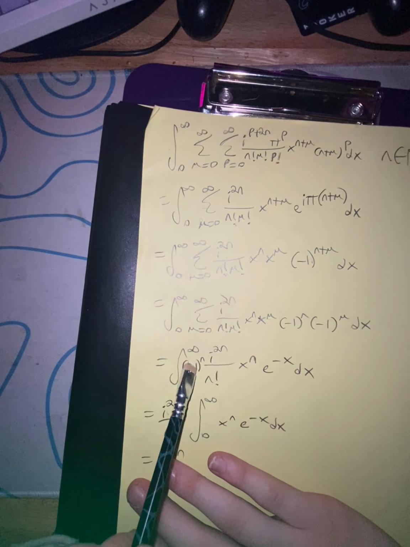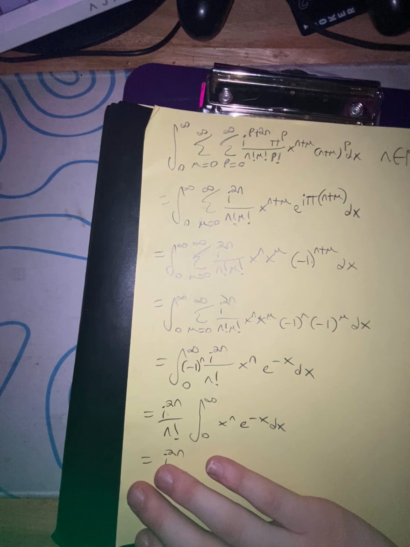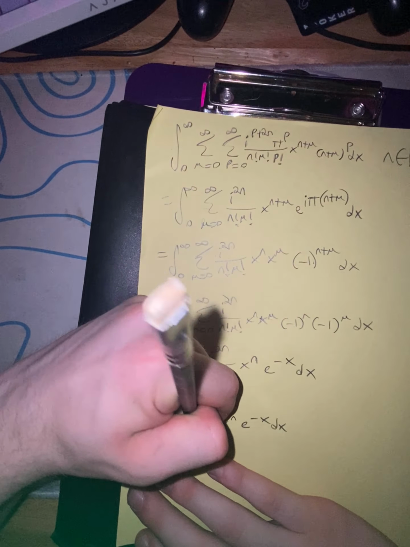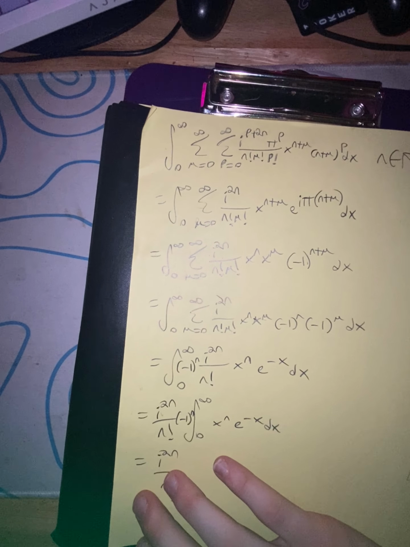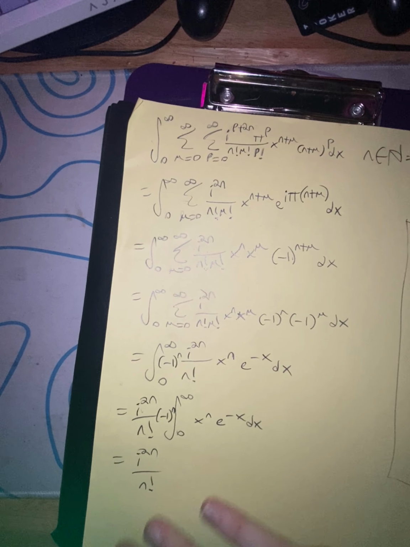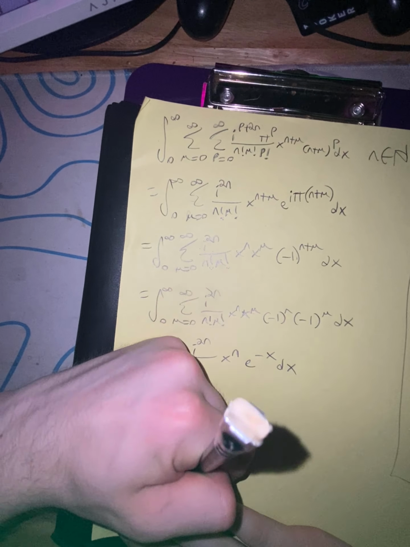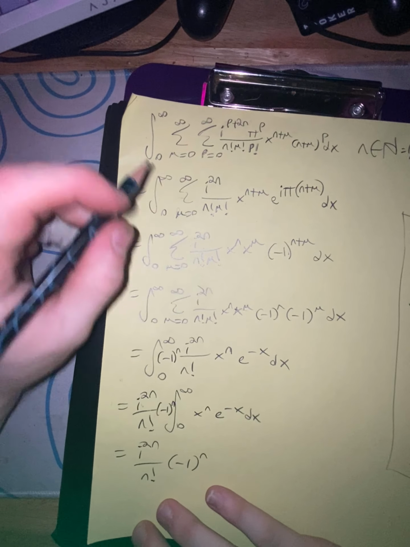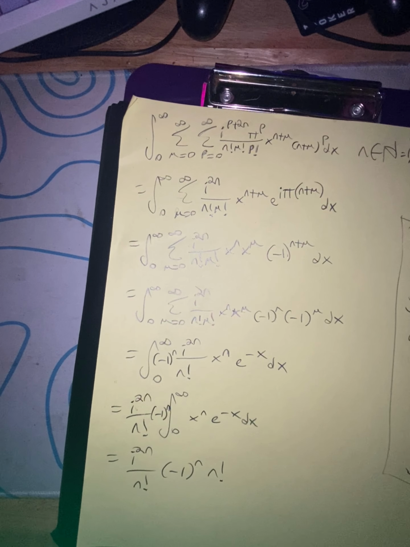I accidentally didn't bring that out. See that one? I forgot about that one. So also out here we have a -1 to the n factor with our constants. Just a little reminder. Okay, -1 to the n, and then since this integral is n factorial,